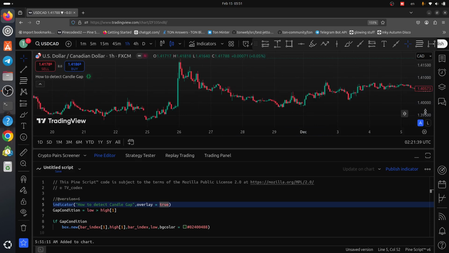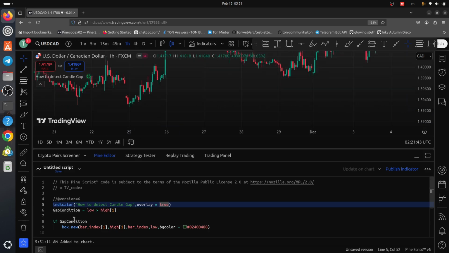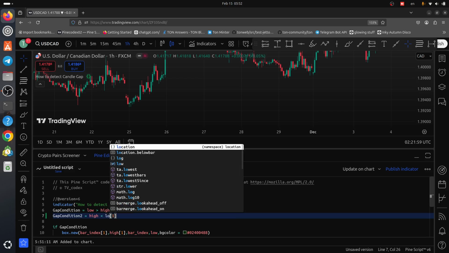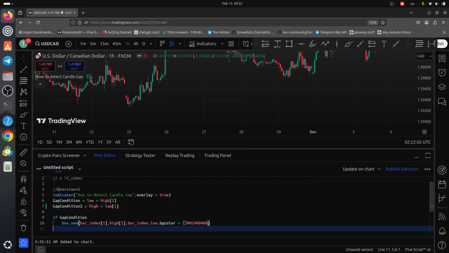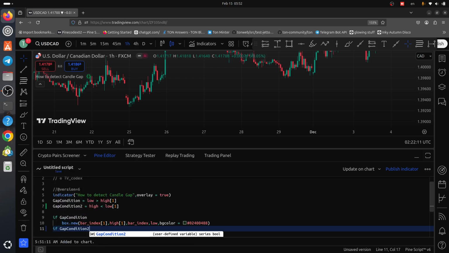And so we have another mode here. We add, for example, gap condition 2: if high is less than previous low. So we write this gap condition 2